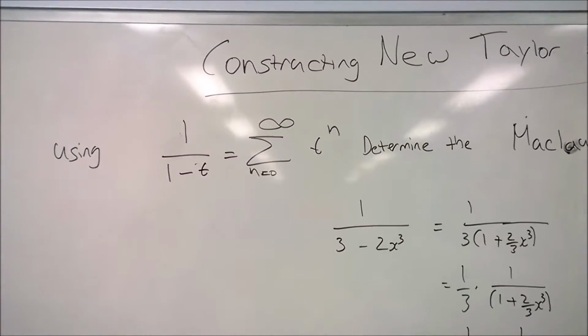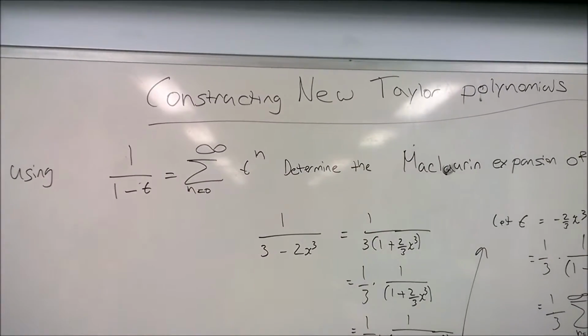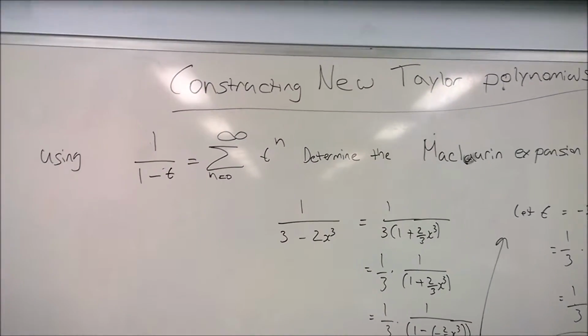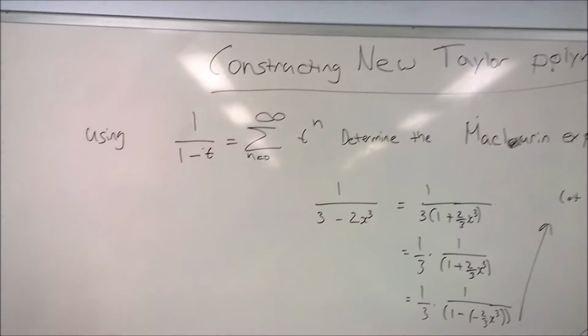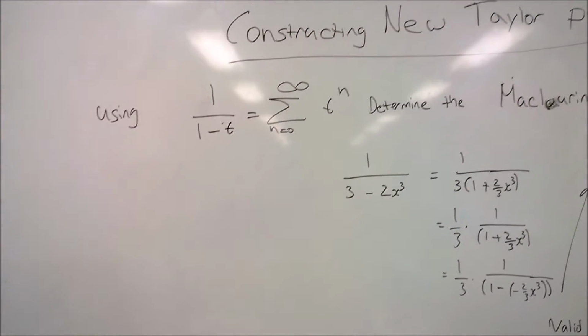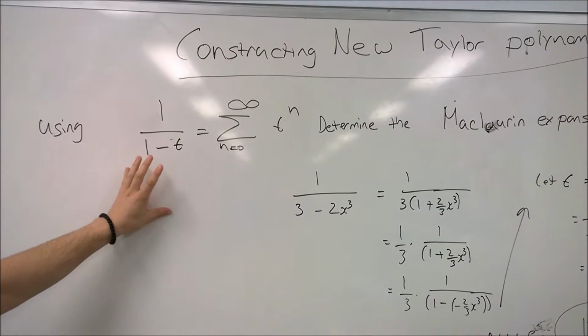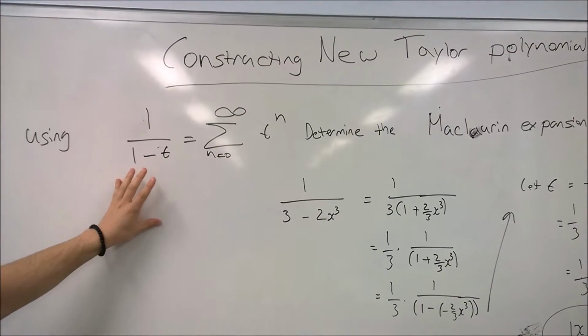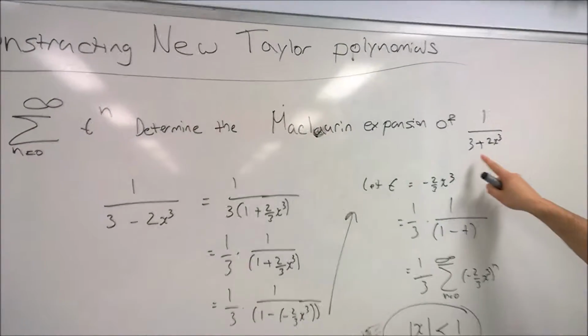Hey guys, so today we'll be constructing new Taylor polynomials, and in particular new polynomials that you won't see on a normal sheet or some sort. So I'm going to teach you how to work it out. So basically the first question is, using this already constructed Maclaurin series, determine the new Maclaurin expansion of